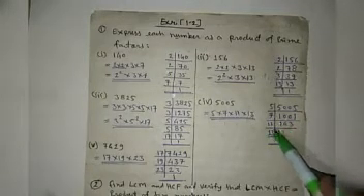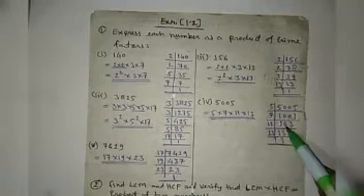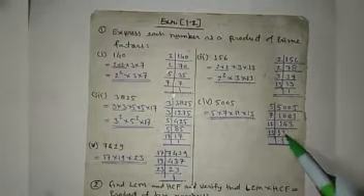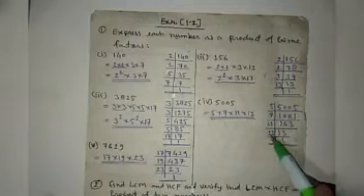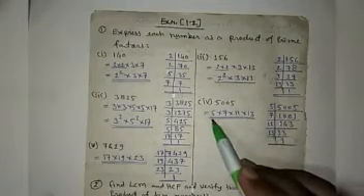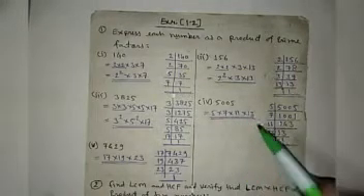Now it is divided by 11. 11 1s are 11, remainder 3, that will be 33. 11 3s are 33. 13. So 13 is a prime number, so it is divided by 13. So it gives 5 into 7 into 11 into 13.